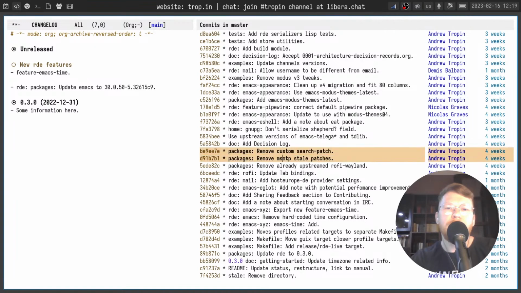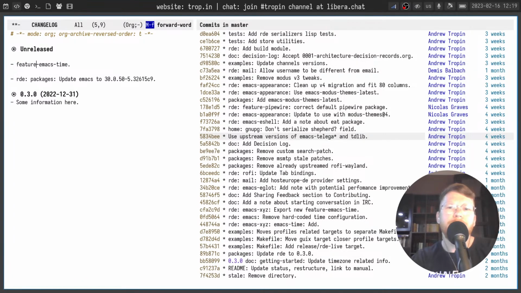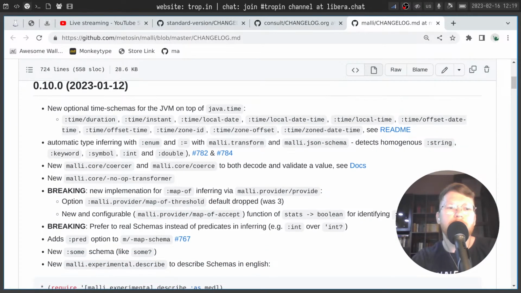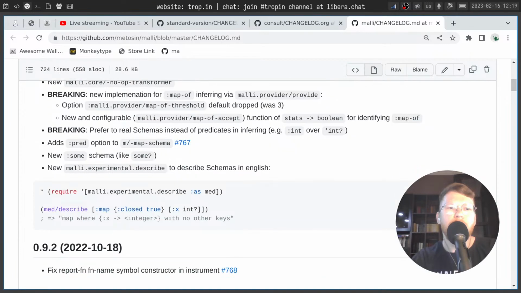For example, those commits are not important for people usually, so we just skip them. Actually, new RDE features looks unnecessary to me. I mean, we can just write add feature Emacs blah blah blah. Oh, actually, about the language, it's written new adds